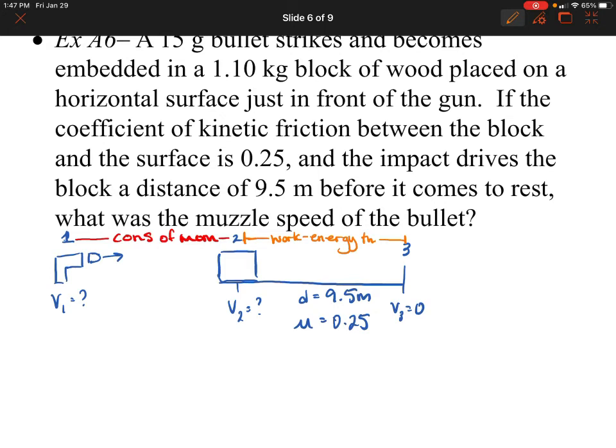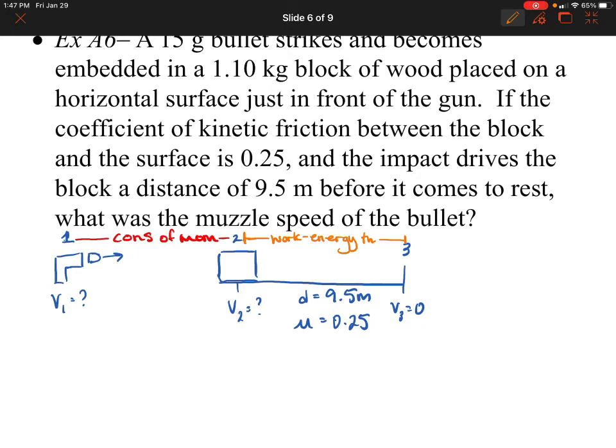So remember, the work energy theorem is that the work is equal to the change in energy, work being the work done by the applied force and the work done by the frictional force. And then of course we have our change in energies being our final minus initial. And we have a change in energy here, right? We have kinetic energy at position 2 changing into, well, really just friction. It's all being lost to friction at position 3. So really that's kind of what we got.